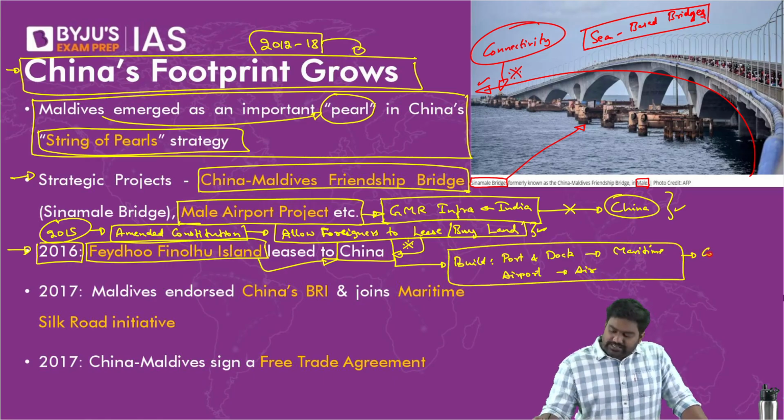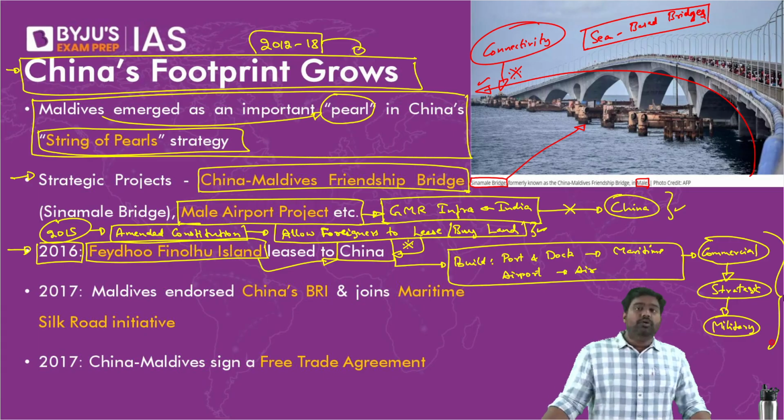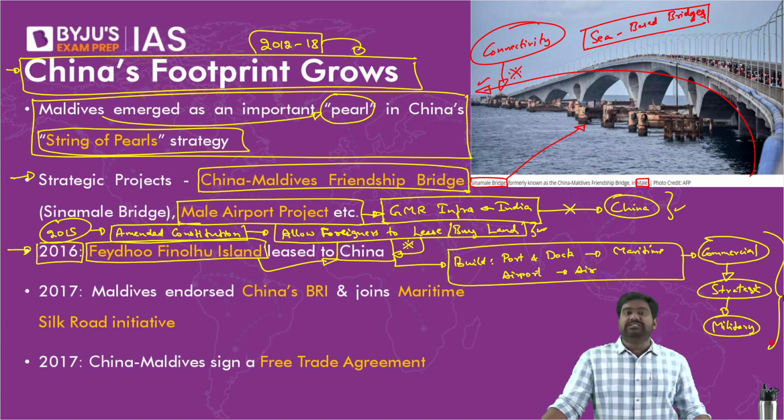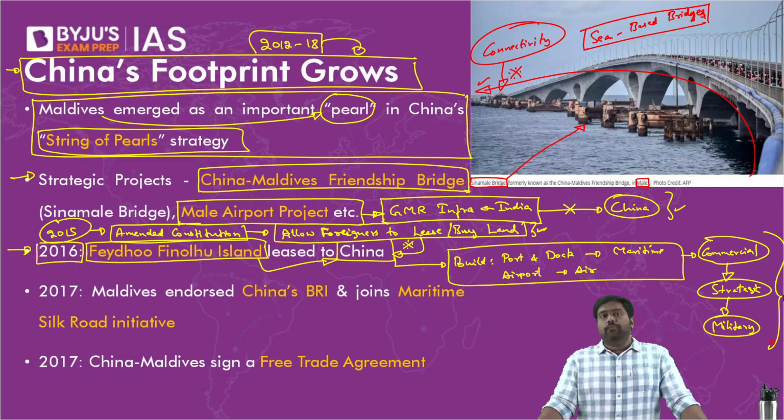China and Maldives say that these are commercial projects aimed at improving economic and commercial ties. But the fear is they always have a strategic potential, a military potential. These could become potential military bases for the Chinese Navy and Air Force whenever they want, right? If China is deploying into the Indian Ocean, they can use these facilities at Fedu Finolu for logistical support, for repairs and servicing, for refueling, resupplies. China can use the facilities to extend its operational range and have a permanent deployment and presence in the Indian Ocean.